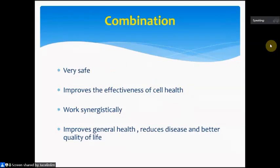So very importantly, this combination is very, very safe. There's no risk of side effects, except for people who possibly have organ transplantations. They have to be more cautious. And people with actively ongoing malignancies or cancer have to be cautious. But apart from that, it is generally very safe to use. It's basically like consuming food, or standing outside in the sun, because the spectrum of the sunlight is also at the same time